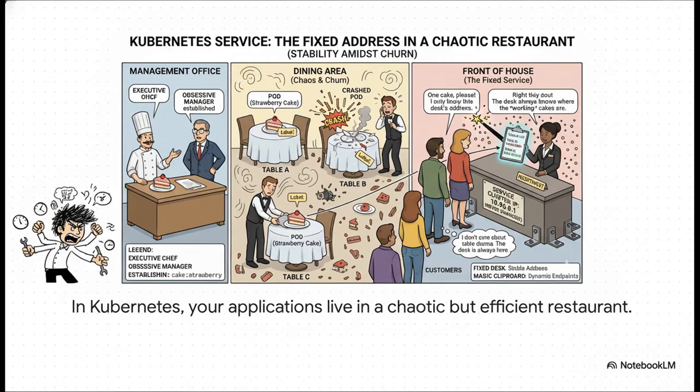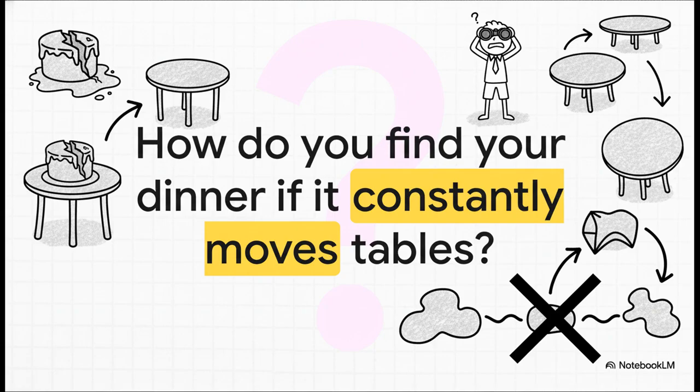Now, this place is super high-tech. It's incredibly efficient, but it's also, well, it's chaotic. The kitchen manager is a little bit obsessive, and things move really, really fast. And all that chaos creates a pretty big problem. See, our cakes, our pods, they can crash. A waiter might drop one and poof, a new one is instantly baked and brought out, but it's placed on